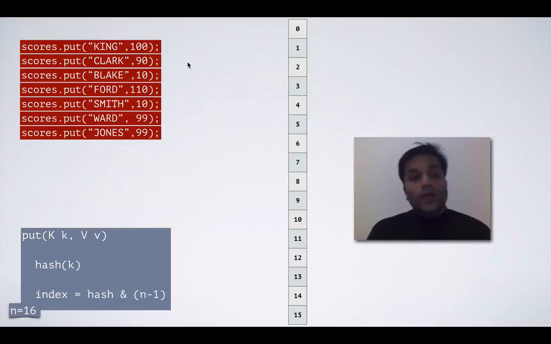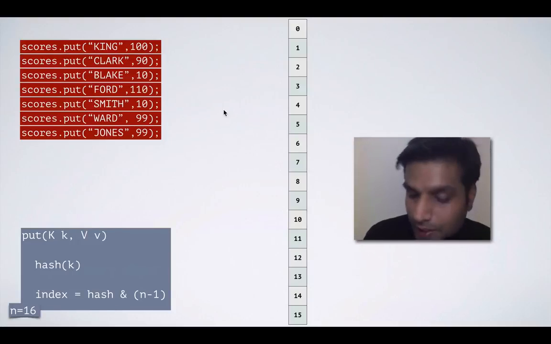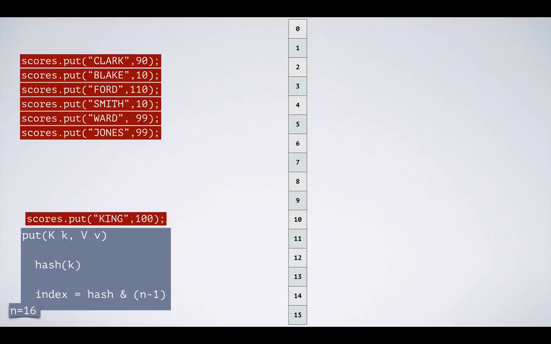So we need to fit these entries into this table. Let's see how it works when the put operation happens. First we are trying to put the key King and value 100 into the hash map. So the put API is called, and the put API basically computes the hash of the key, which is hash of